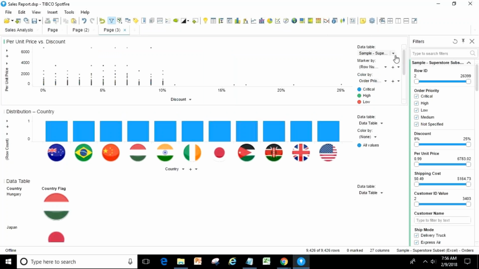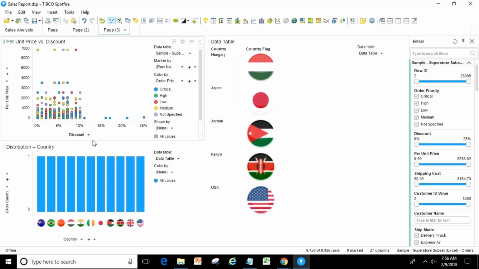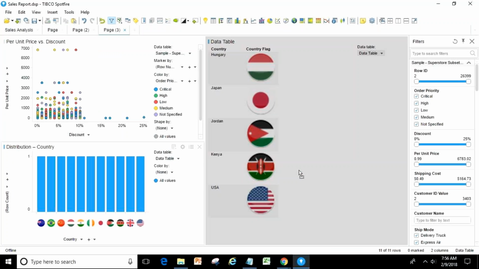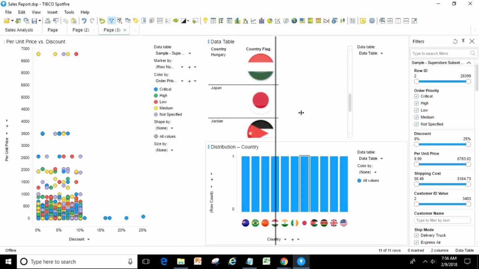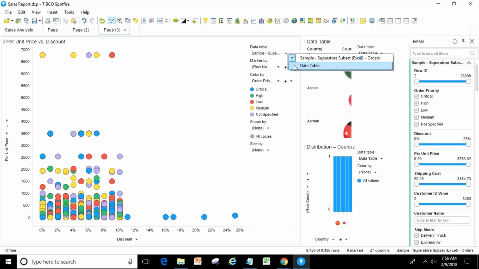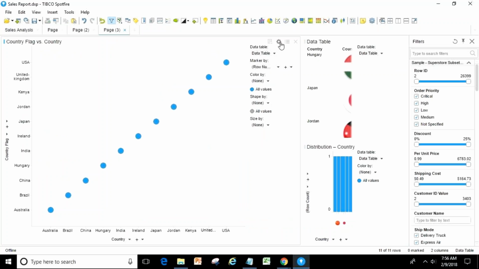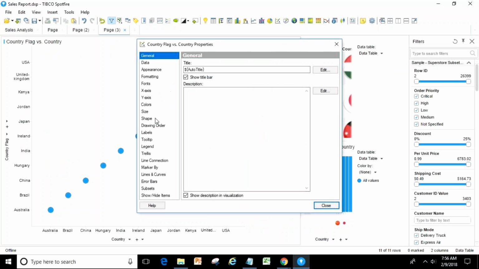So it's your scatter plot. Let's say I'll change it to data table. Adi, you're giving one particular URL to get everything.